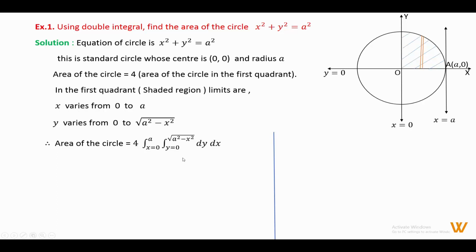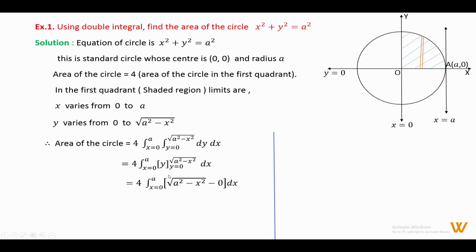This is the formula to calculate area. Now evaluate this integration. Therefore, area is equal to 4 times the integration, x varies from 0 to a, of the integration of dy, y varies from 0 to square root of a square minus x square, dx. Now here, first put the value of y as the upper limit, then minus put the value of y as the lower limit 0. Therefore we get 4 times the integration, x varies from 0 to a, inside the bracket